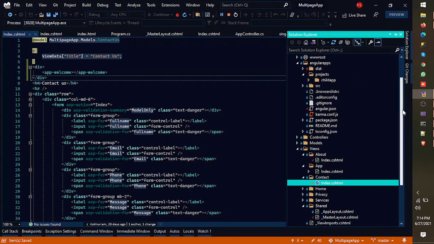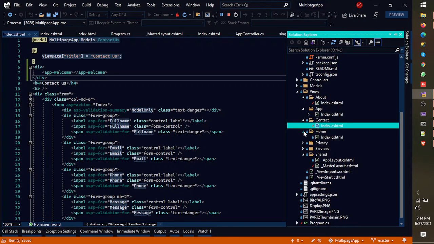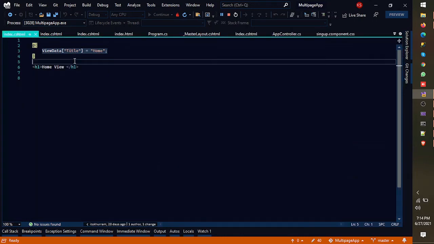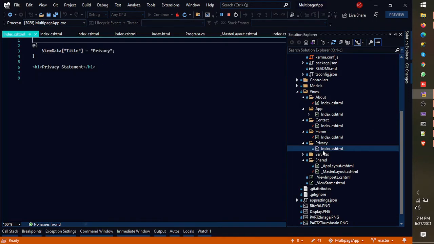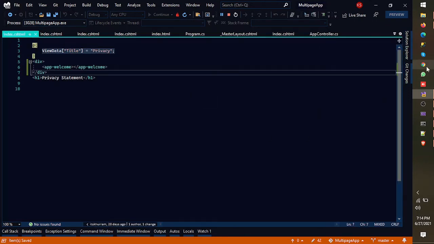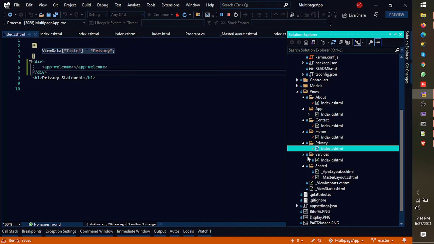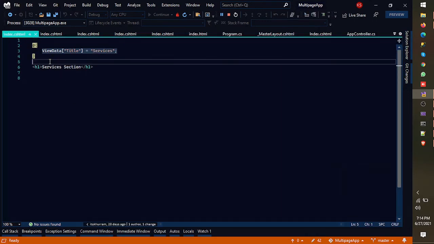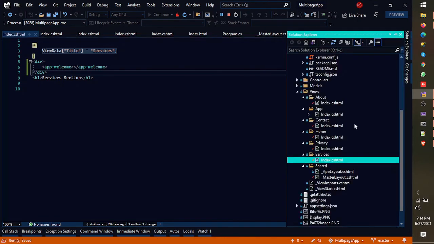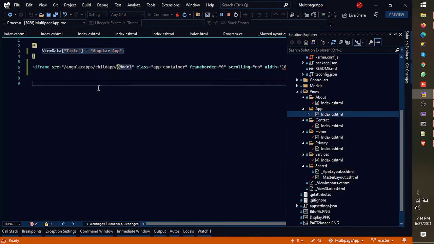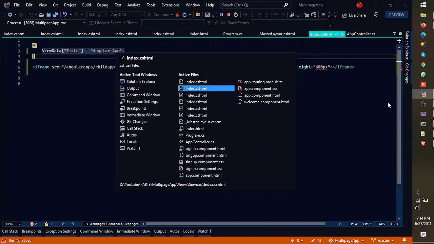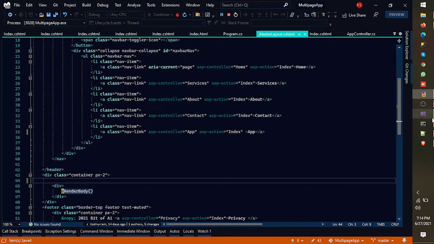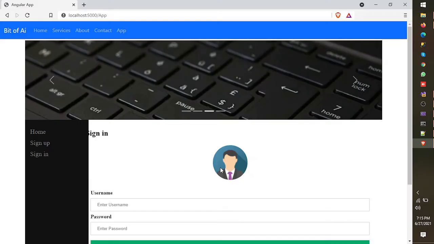There is another way of doing it by adding another layout page, but in that case, we would need to replicate over navigation. So this is a comparatively simple task. I am just removing it from the master layout and keeping it in a specific page so that our app page would not have this app welcome banner at the top. So let's see, everything is saved. Let's run our application.